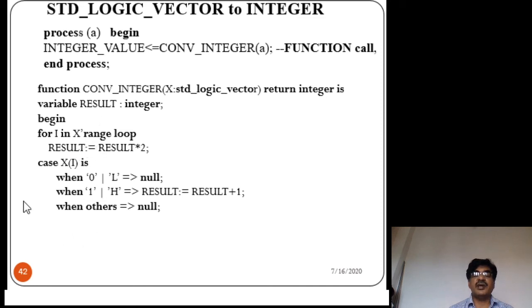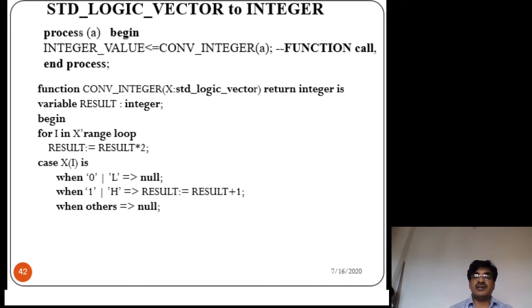That means the loop executes 4 times. Suppose the x value is an 8-bit number, the loop executes 8 times. So that is the for loop statement. You can see later the syntax for the for loop, and another statement, case, etc.